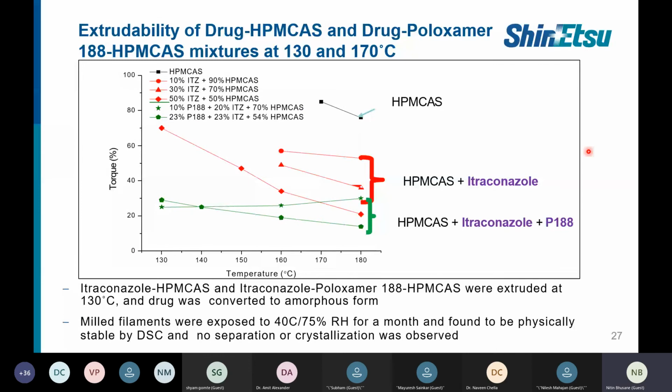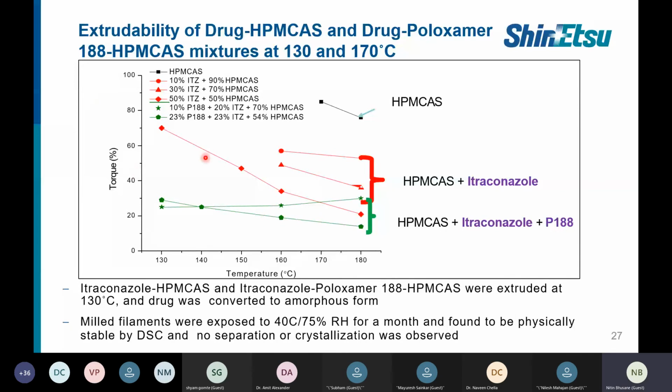So in this case, what they have measured, as I mentioned, is that during the HME process, sometimes if you are getting the torque at a much higher side, it is difficult to run the equipment itself, because at 70, 80 or 90% torque, or sometimes above 90% torque, you get an alarm in the HME machine, and it is difficult to run. So you generally target to run your machine at the lowest torque, around 30 to 40%, or 40 to 60% is still manageable. In this case, what they have observed is that if you take the plain polymer on the HME, the torque is coming at around 80 to 90%.